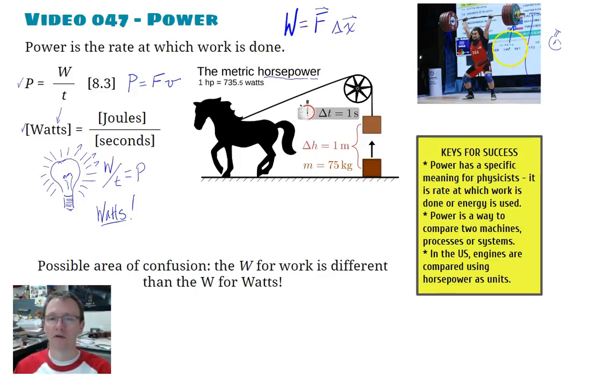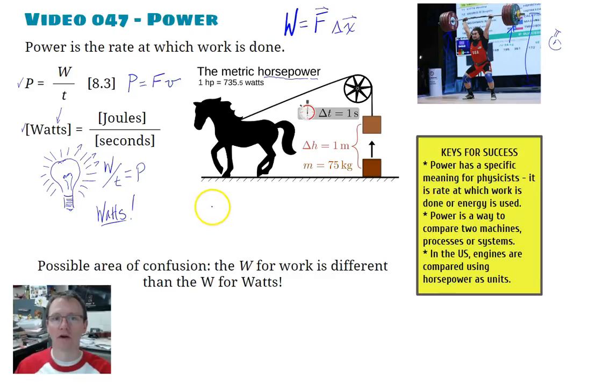And really, the most powerful lifter has to have one of these three things. If everything else is constant, then they have to be able to apply the largest force. Or if everything else is constant, they have to be able to lift it for the largest amount of distance. Or if everything else is constant, they have to do it in the shortest period of time. Shortest because time is on the denominator of the fraction, and so it must be the smallest to make power the largest. And so that's how the power equation works. Hopefully that makes sense.